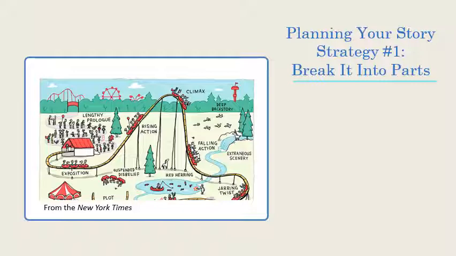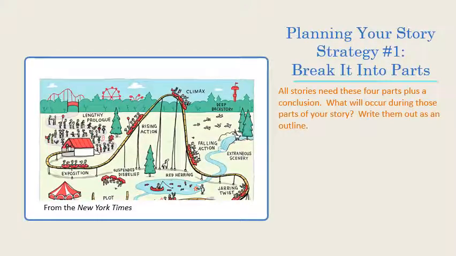Now, some of you have probably seen the story arc. I thought this was a creative way to think of the story arc as this roller coaster. So if you're stuck and you're thinking like, where's my story going? You can think of your story as needing these basic parts, this roller coaster sensation to it, and that might help you get some ideas. So basically, all stories need 4 parts to them, and I know there's more than that in this picture. We'll get to that other stuff in a second.